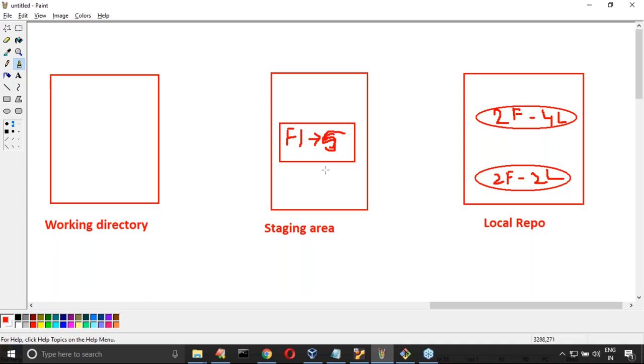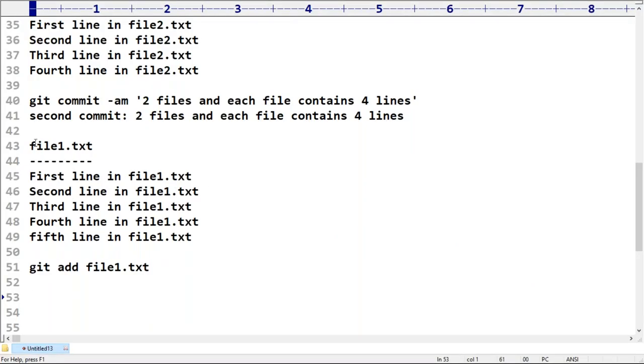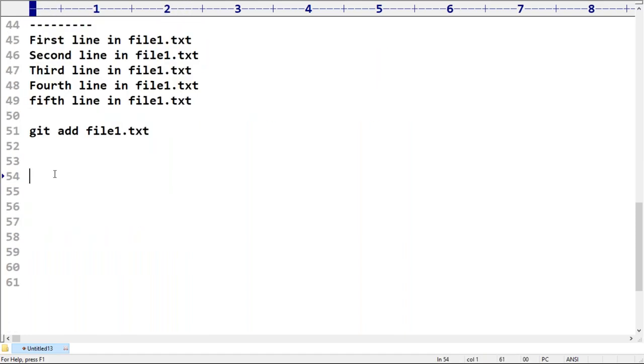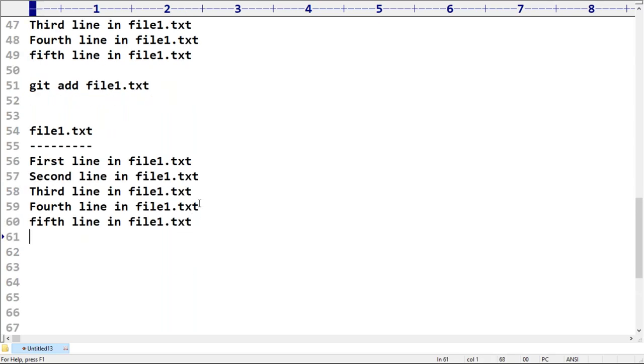Five lines are there, sir. Okay, well. Now my next thing is, in the working directory, after adding to the staging area, again I want to perform some change. Observe this a bit carefully, sir. What I'm trying to take here